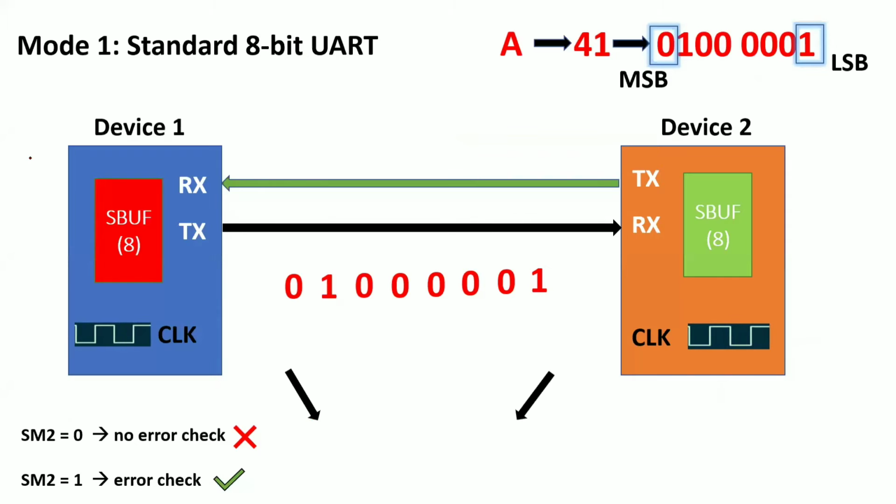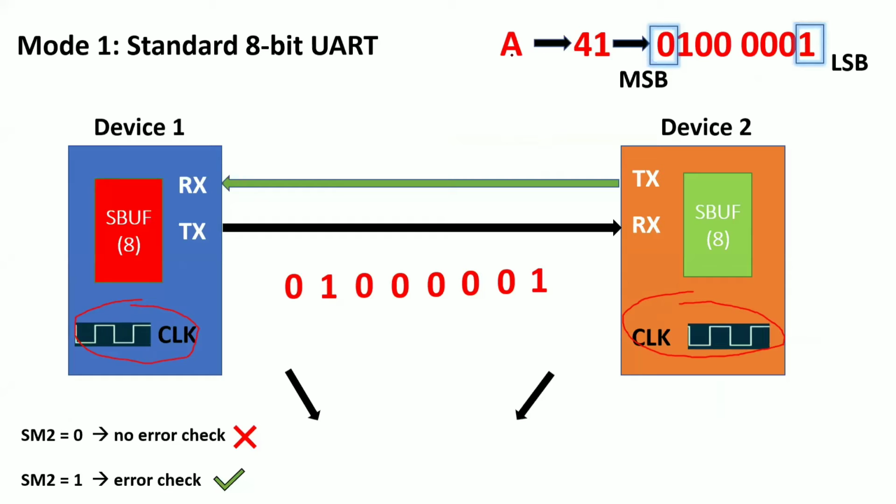Whenever you say UART, it means Universal Asynchronous Receiver Transmitter. So whenever you say UART, each and every device has its own clock source. I told you, this is one clock source here and there is another clock source here, right? Since each and every device has an individual clock source, we are using asynchronous serial communication.